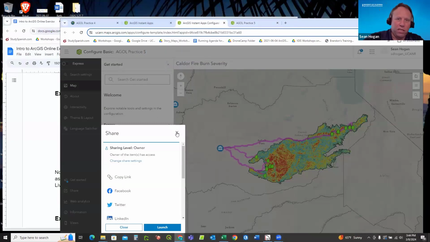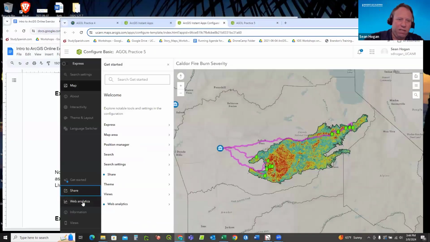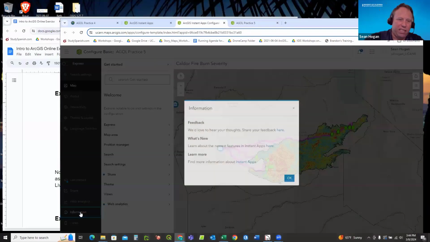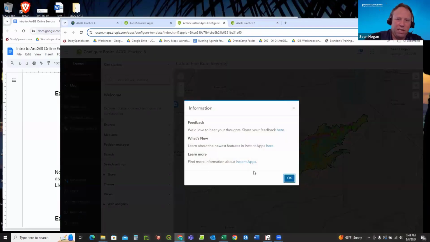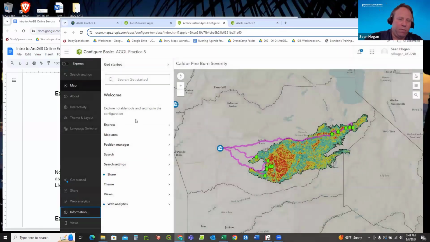Note that there's some other options in here. You can get web analytics information, and there's other things like learn more about instant apps. So there's tutorial options that are available there for you as well. Good. So that's one of the two ways I wanted to show you how to create a web app mapping